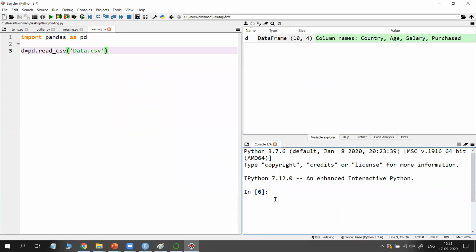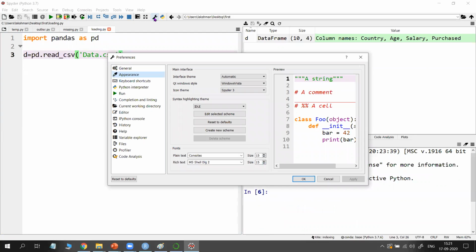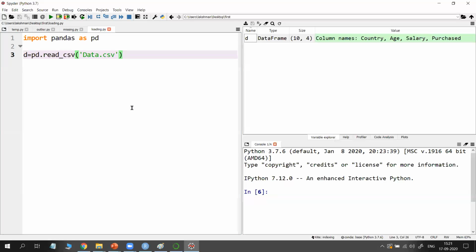Okay. So this is the way to use your Spyder for machine learning. Okay. So I have not applied it actually. If you apply it, that affects. Okay. So now one more thing you need to know is how to